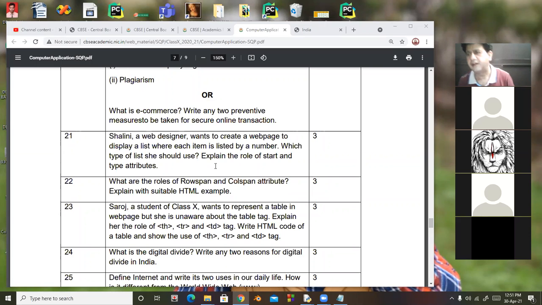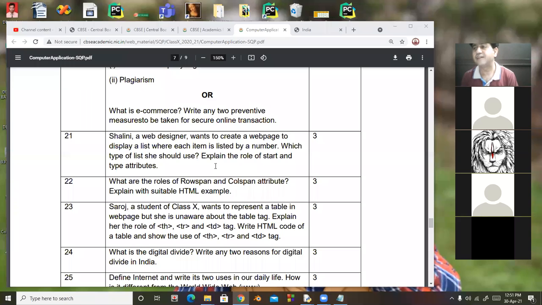It is an OL list. Okay, beta, ordered list. OL, the tag is OL. Explain the role of start and type. Yes, Raghav. So start is used to specify the value from where we have to start, and type will tell what type of character we want to use: Roman numeral, lowercase, uppercase.